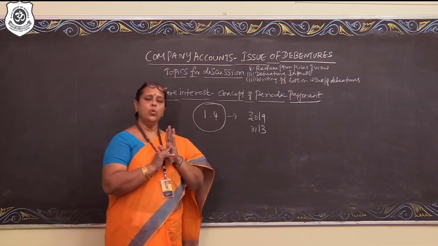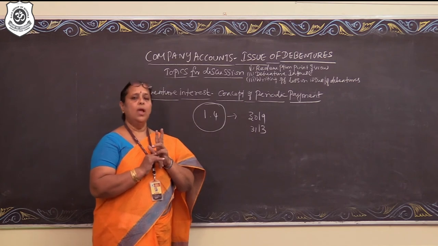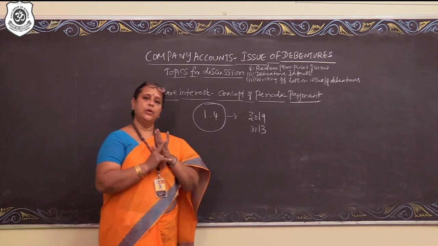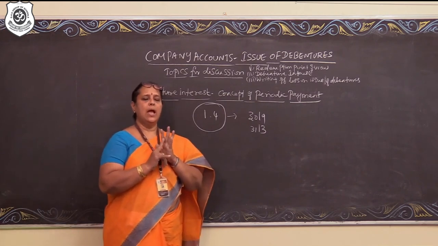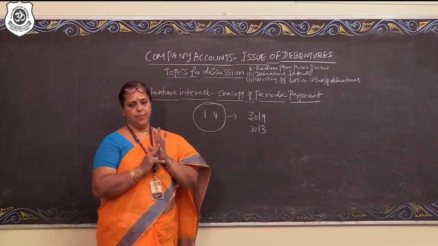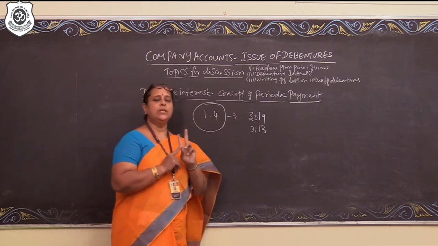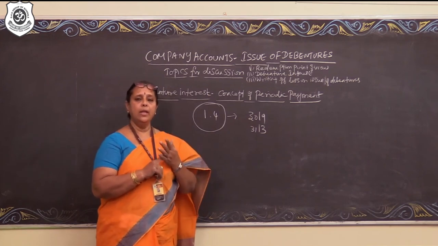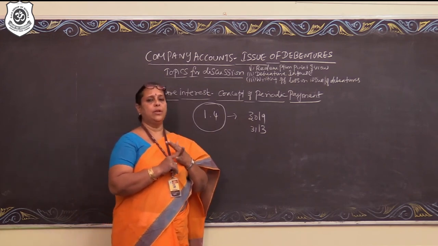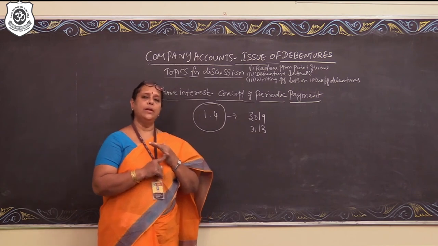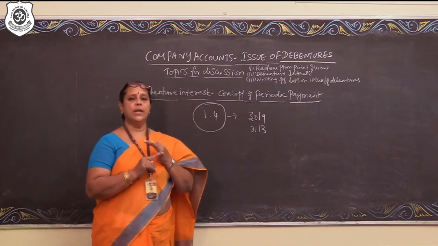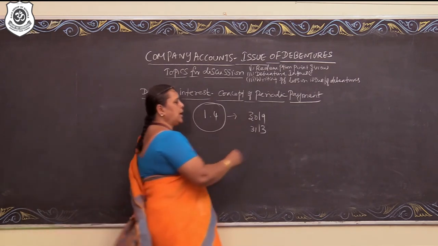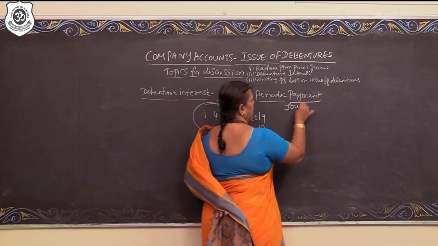So, there will be 2 entries for every half year. Entry number 1 is for making the interest due. Entry number 2 will be payment of interest and tax to be deducted. At year end, the same 2 entries will be repeated. Along with that, 2 more entries will be passed. The 3rd entry will be for payment of income tax to the government, and the 4th entry is for charging debenture interest to statement of profit and loss. So, the accounting entries will be,